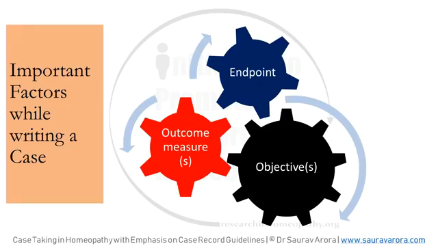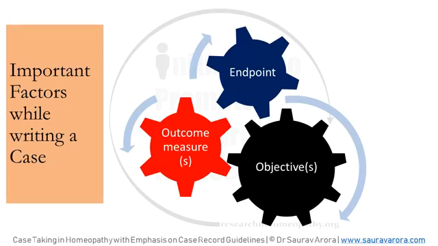If that is clear, you know what outcome measures you are going to adopt. For example, we have talked of the knowledge of disease. My objective is to reduce the high blood sugar levels of a known case of diabetic patient, along with the other homeopathy aspects of giving him relief, taking his mentals. But ultimately, the purpose of the case taking from the mental point of view, physical point of view, psychological point of view, my objective is to reduce the blood sugar level with which a patient is reporting to me. So what my outcome measures would be: